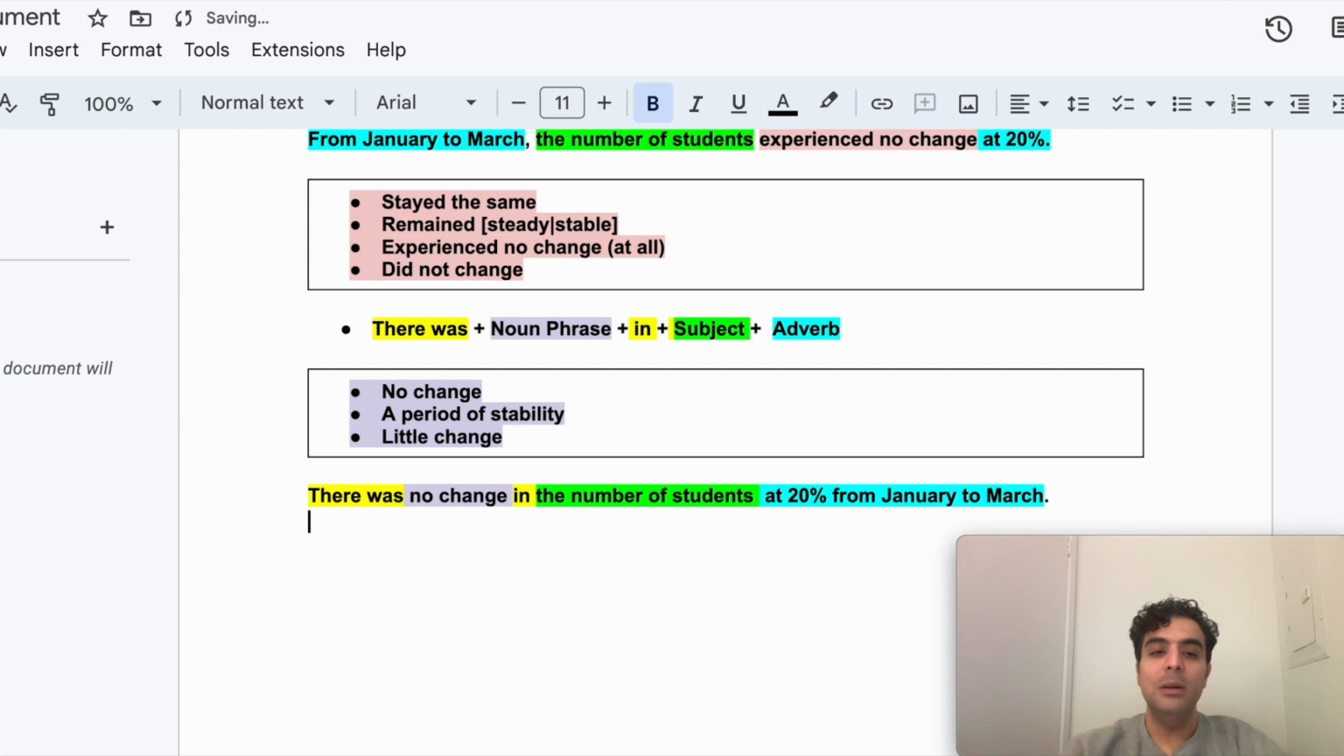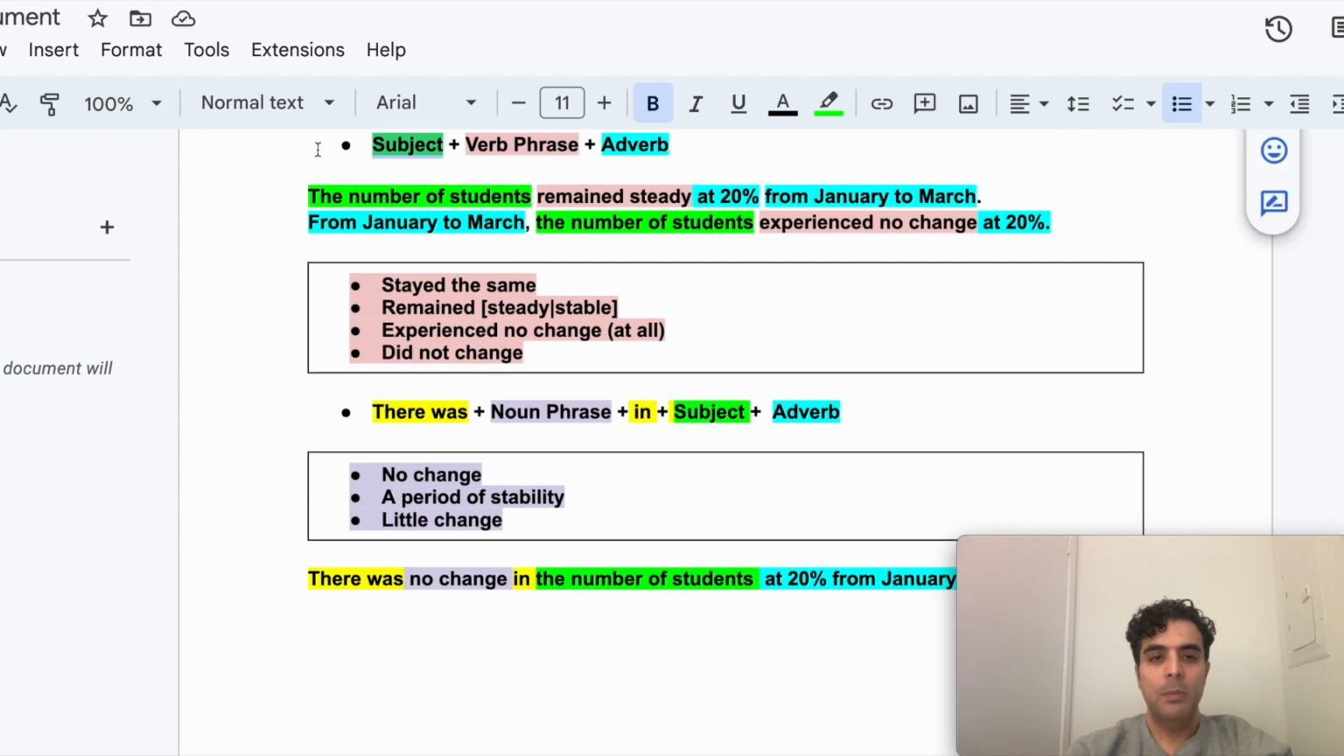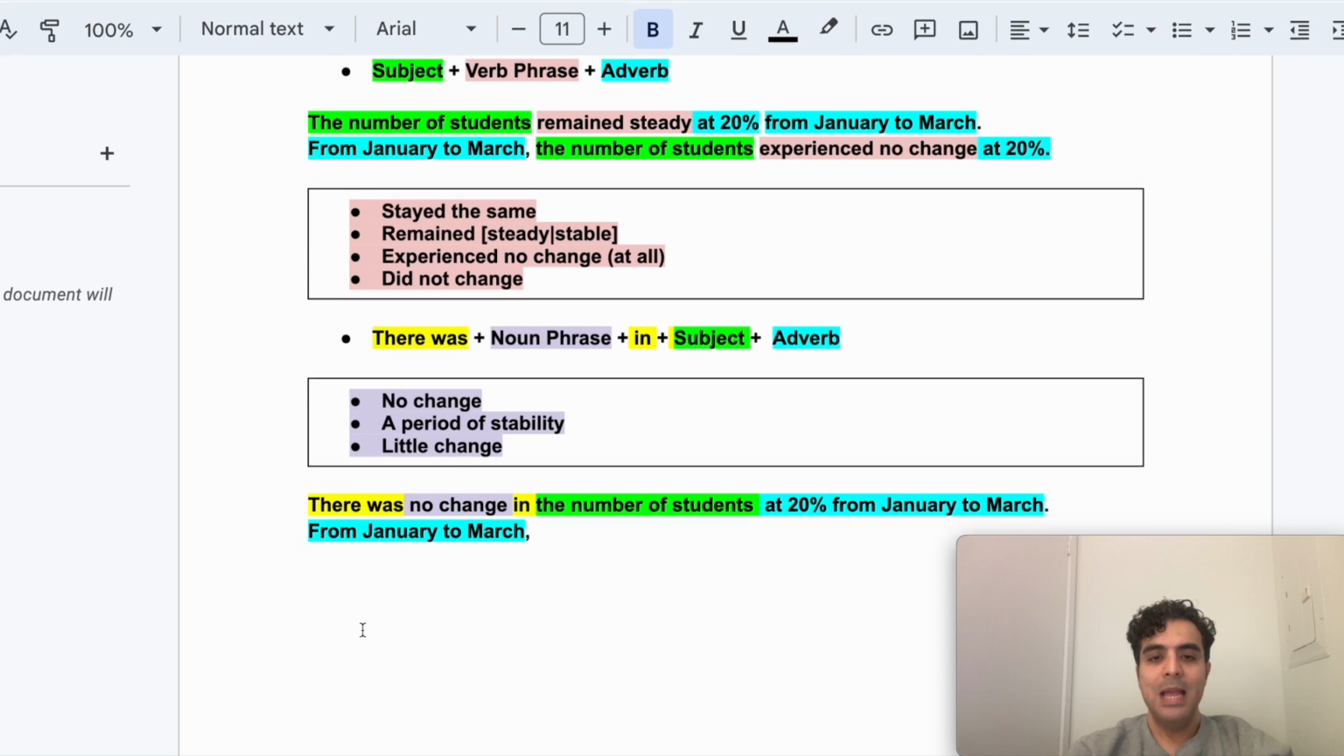Let's do another one. Again, if you like, you can pause the video here and do this for yourself and then play the video and see if you got it right. It says from January to March. Okay, I'm going to repeat this. So the initial adverb, I'm just going to keep it in place. And then I'm going to say there was,